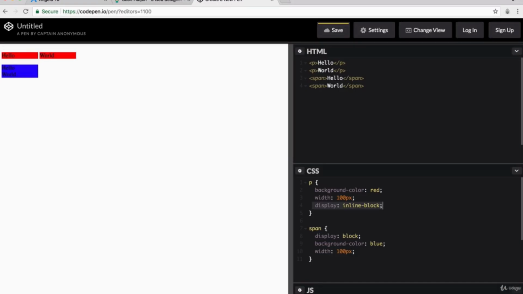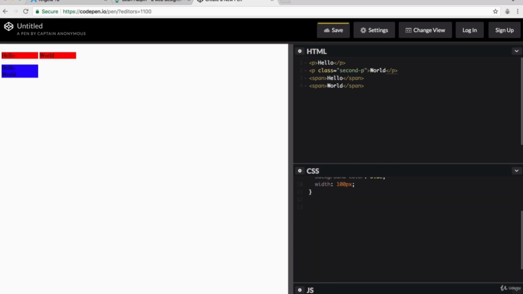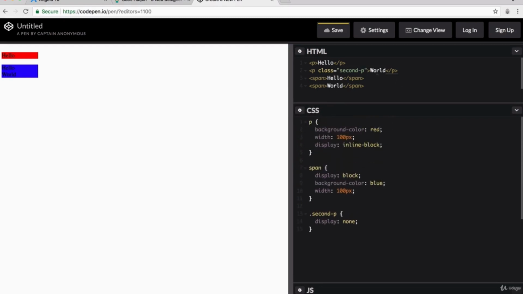So let's head back into our CodePen, and I'm going to give our second paragraph element a separate class. I'm going to call this second-p, and I'm going to target it down here, .second-p, and set its display value to none. And you can see that it simply removes that element from the website as if it didn't exist. So if I get rid of this display block and allow our spans to continue being inline elements,